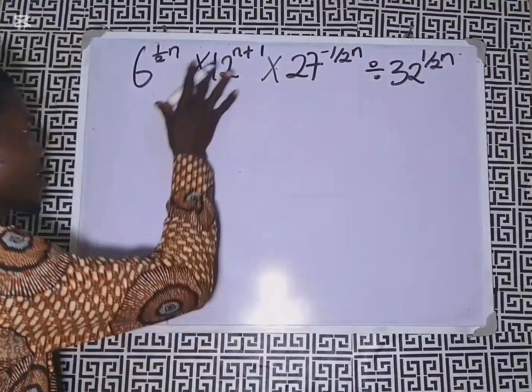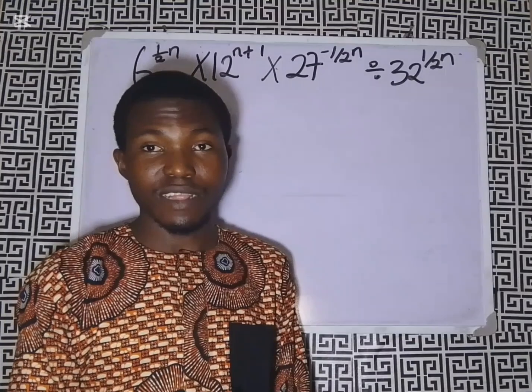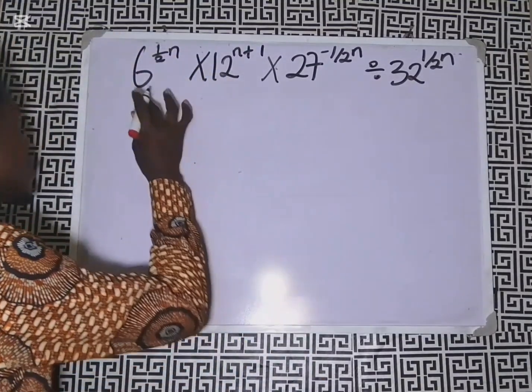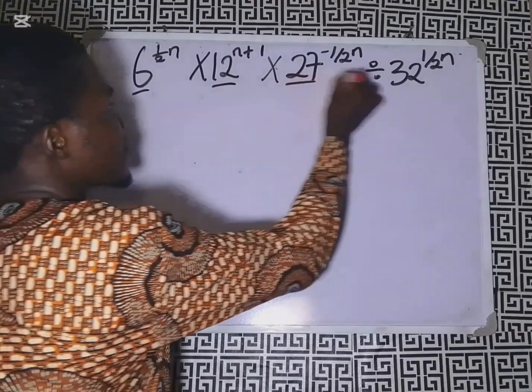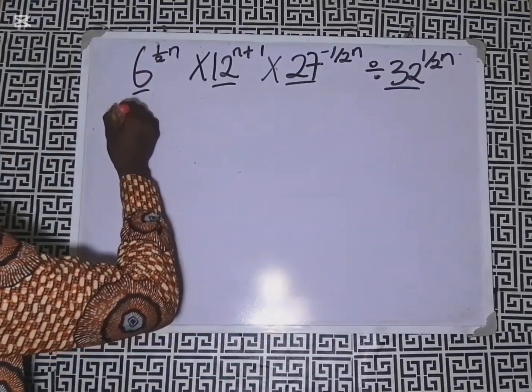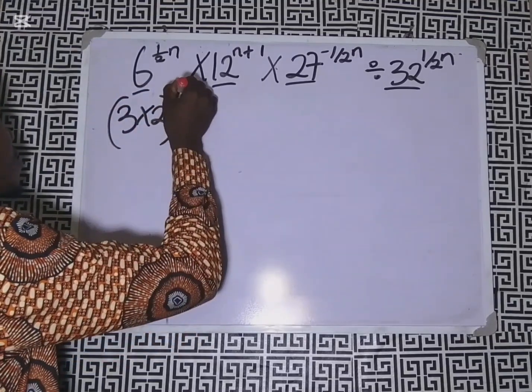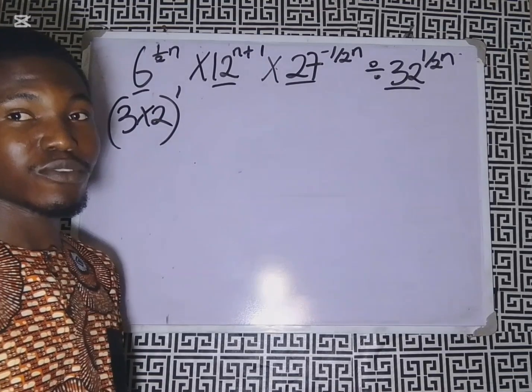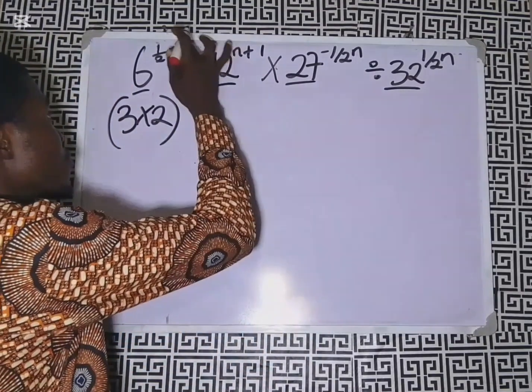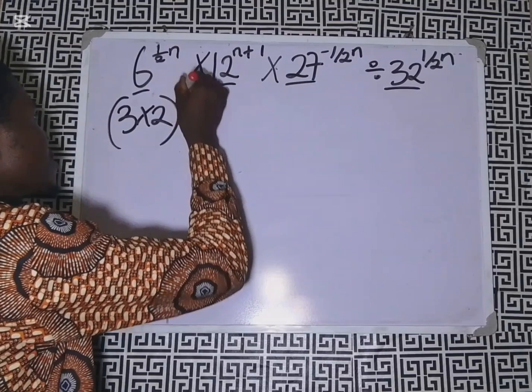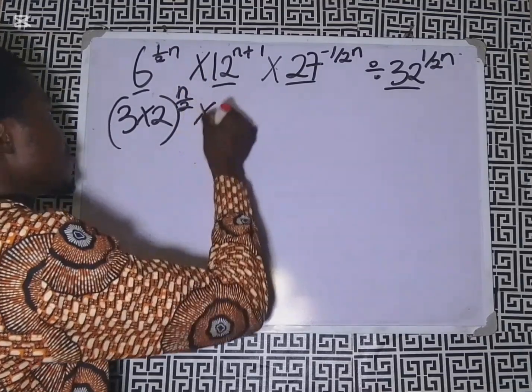Alright, so in this case, there are different ways we can solve this. Let's take the first method. Let's simplify the bases. So 6 can be written as 3 times 2, then raised to power 1 over 2n. Now there's no need of putting 1 over 2n again, because 1 times n is n. We have n over 2 multiplied by